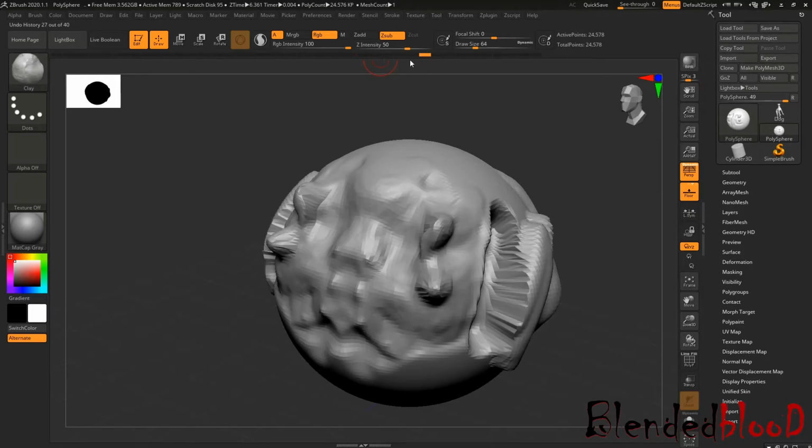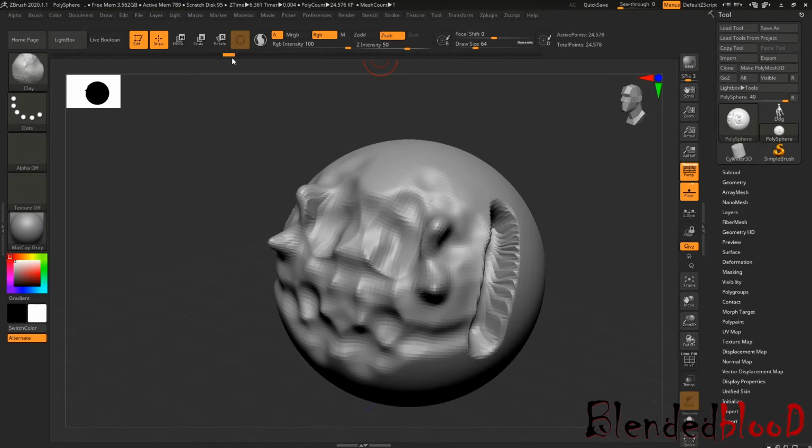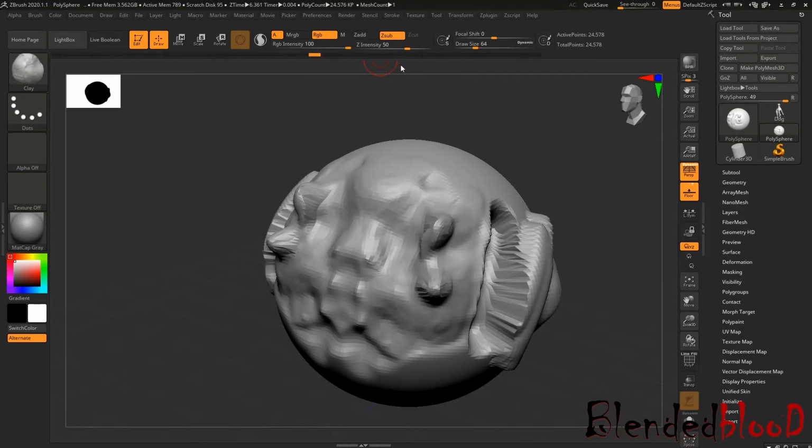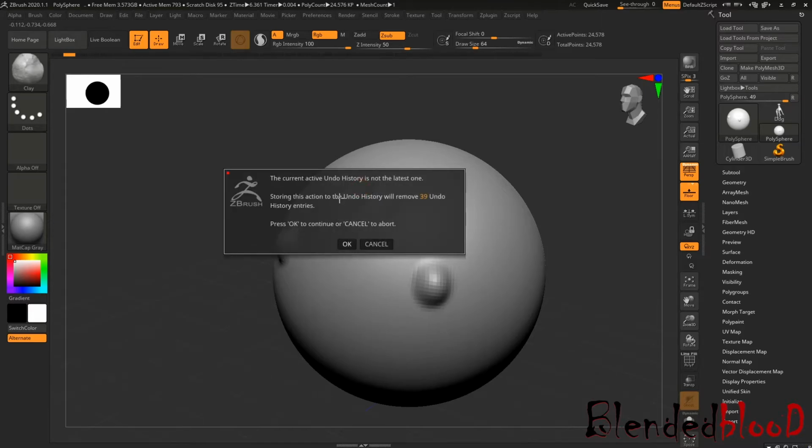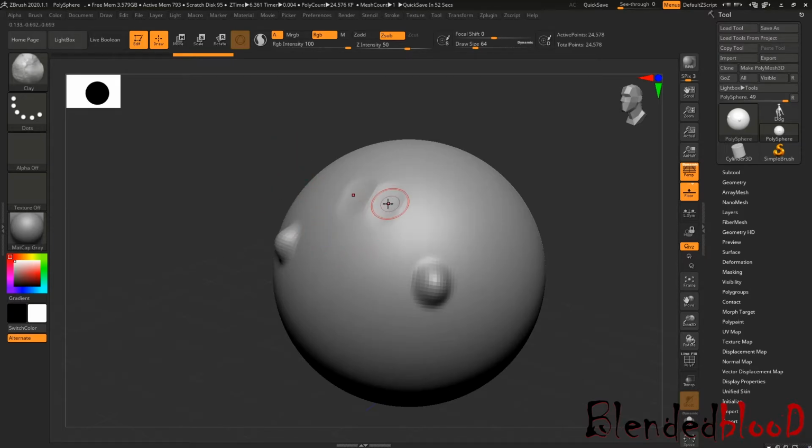Okay, this will record each and every step, and the average amount of this record is around 10,000 steps. See, if I go back over here and now I click a brush, then this will ask to erase my previous undo levels. So if I click OK, then now this will be my initial stage. Now if I draw, then I'm at the beginning, and the rest of my undos will be erased.